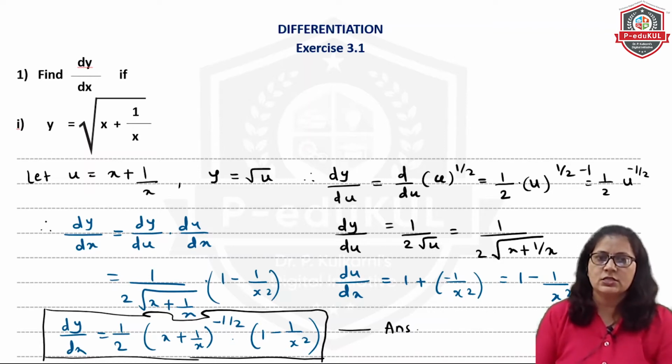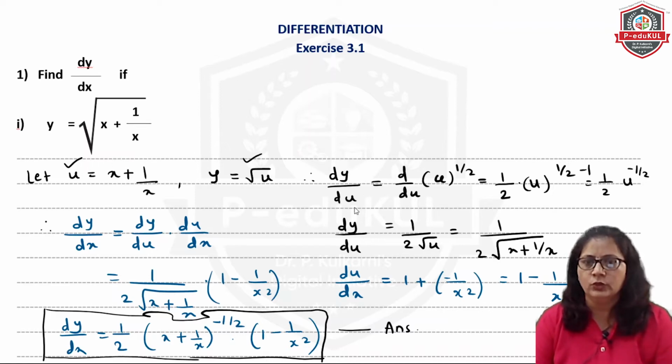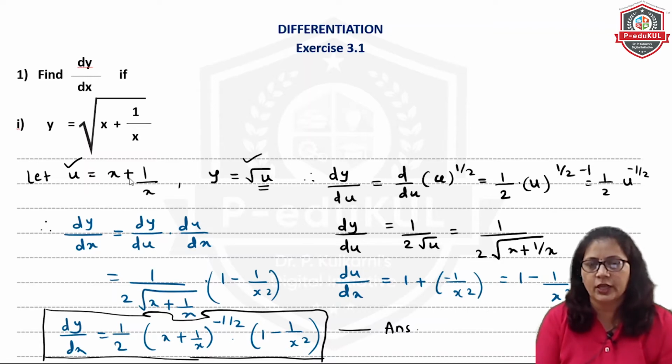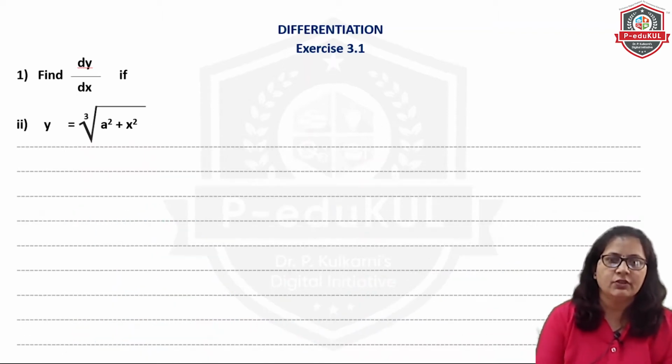Okay, it's very simple. First we have substituted this value as u, then we have calculated the derivative dy by du, that means with respect to u we have differentiated, and then we have differentiated u with respect to x also. So here u is a function of x and y is a function of u. This is how it is a composition of two different functions. As and when we solve more examples, you will understand this better.